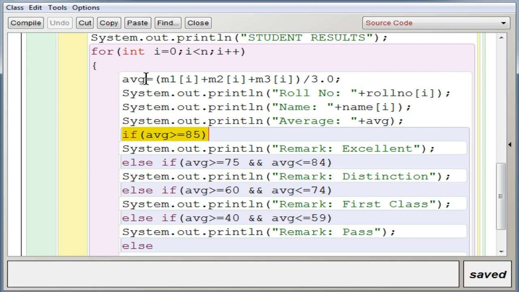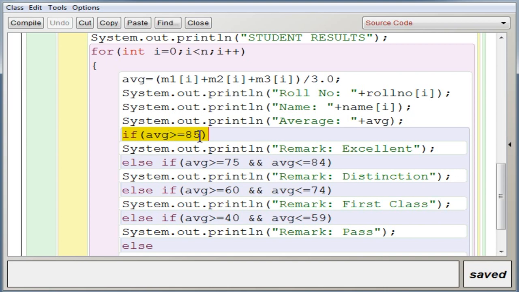The reason is that it is not necessary. I am going to just check and immediately display the remark, and in the next iteration the previous value will be replaced. So it is not necessary to store an array for average. If sometimes in the question they ask for the average to be displayed for all the students, one below the other in a table format, then you need to use an array variable. Otherwise it is not necessary. You can use a normal variable, calculate the average, check the condition, and immediately replace it in the next iteration. Okay, now you are going to check whether the average is greater than or equal to 85.